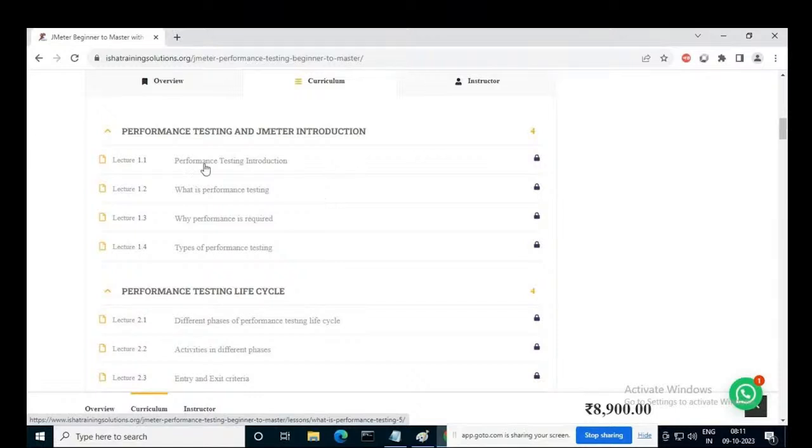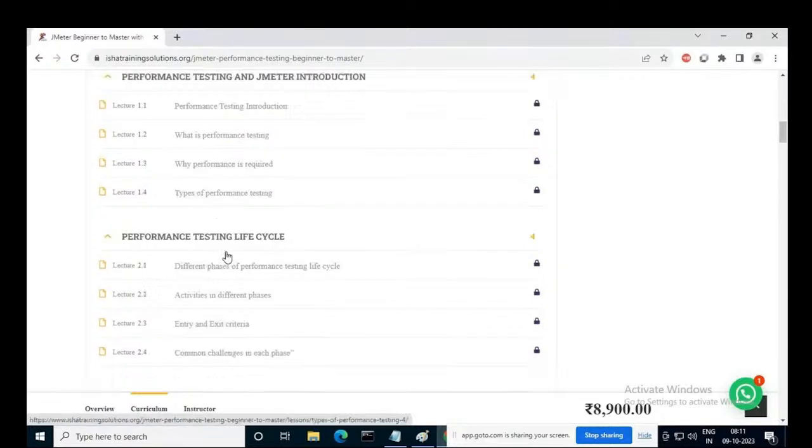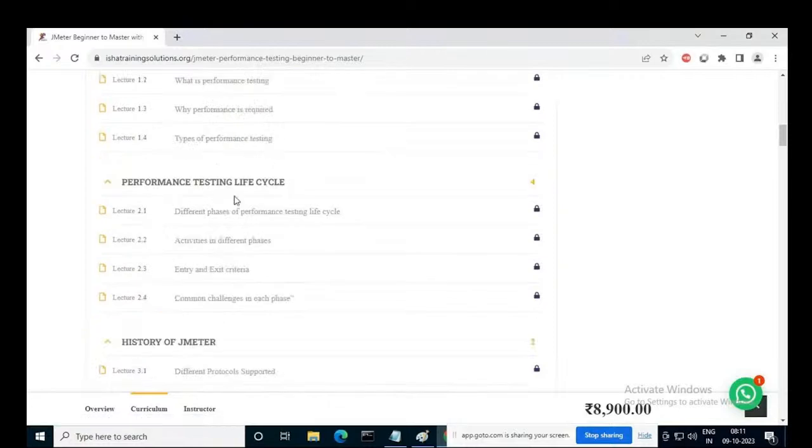So we are going to cover the performance testing introduction, then what is performance testing, why performance testing is required, what are the different types of performance testing which we do, and we are also going to see the performance testing life cycle. I'm going to explain what different phases are there in performance testing, what different activities are carried out, the activities covered in the different phases, and the entry criteria and the exit criteria for each of the different phases. And